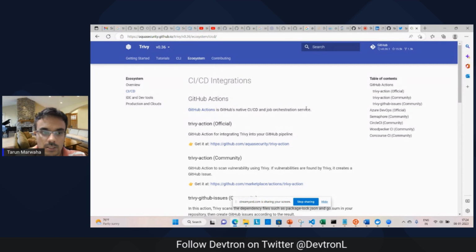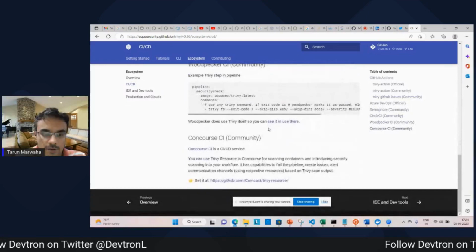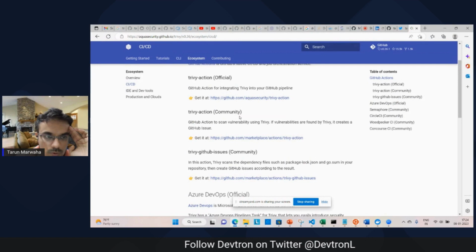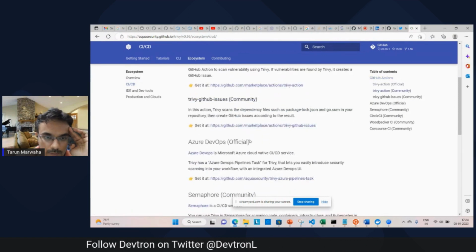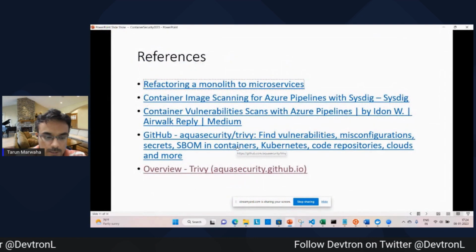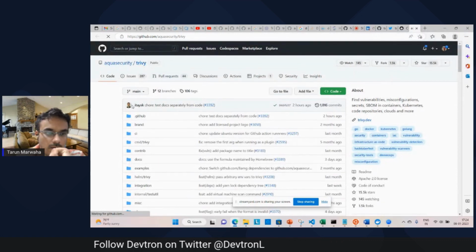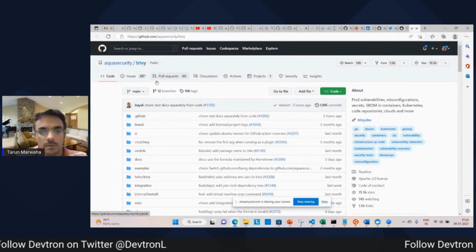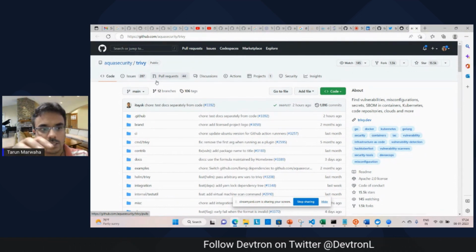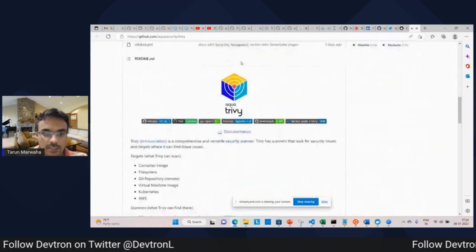So this is one of the ecosystems which you can use. I have installed Docker Desktop, and Trivy basically through the source code. Source code is also readily available. This is the official website for Trivy by Aqua Security. Aqua Security is the company which developed this tool called Trivy, and this is used for